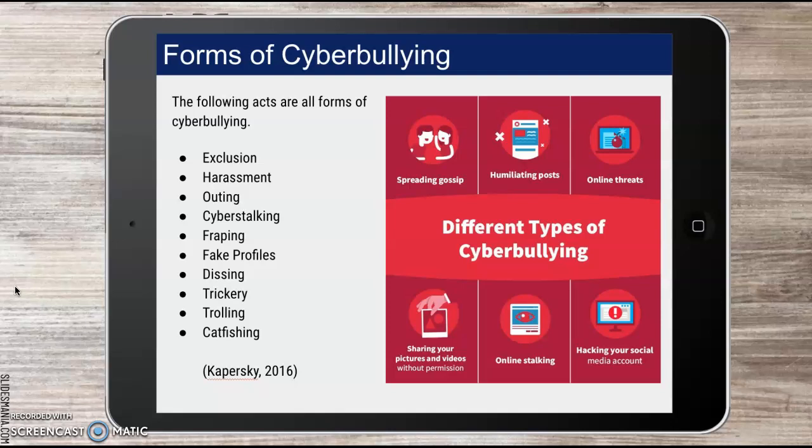Outing is outing a person or exposing a private secret to the outside world or to all of social media, which can be very serious when obviously that's something that the person wants to keep private, and maybe someone else found out or was told and they out that to the rest of the followers on social media.